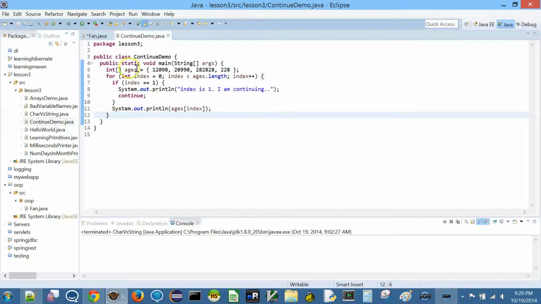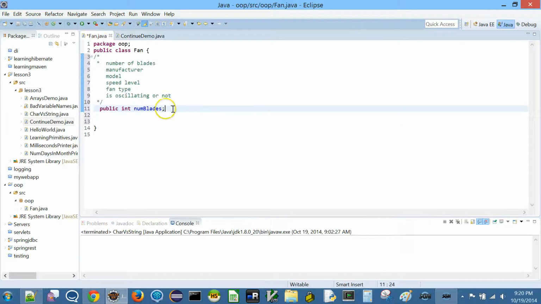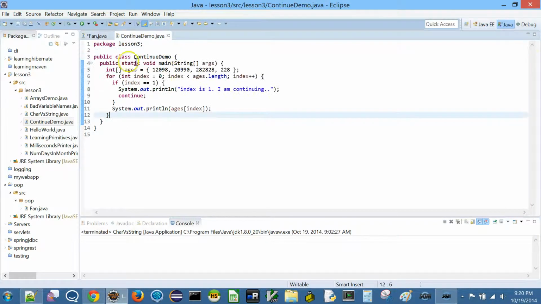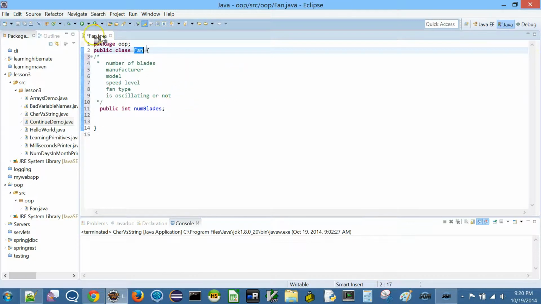So they are local variables as far as this method is concerned. Now we are calling these instance variables because this is an actual class which is going to represent an object, unlike this one which we were just using for demo purposes. Okay, so this is a template for creating new objects.